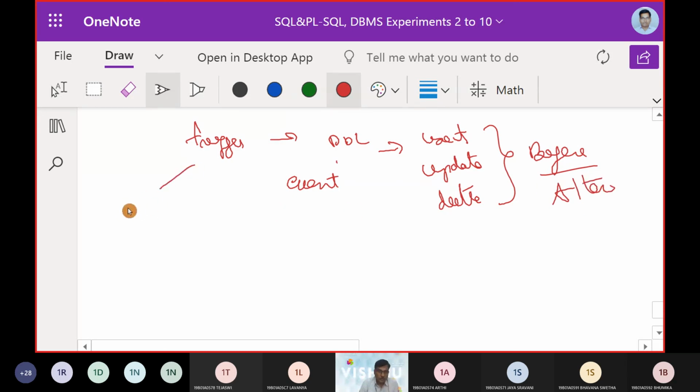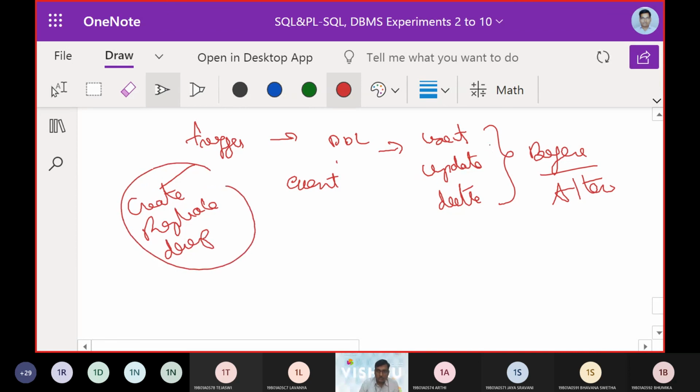There we also made a create or replace, and finally drop. So this is all what we looked at when the triggering operation is concerned.